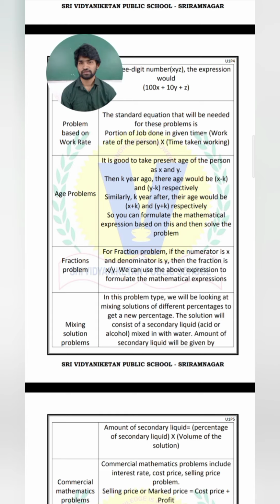That is 5 by 5. In 1 day, how much work I can do is 1 by 5. In 2 days, 2 by 5. In 3 days, 3 by 5. In 4 days, 4 by 5. On the 5th day I will complete, so 5 by 5. If I can complete a work in 10 days, how much work I can complete in 3 days is 3 into 1 by 10. So 1 day's work we have to consider.